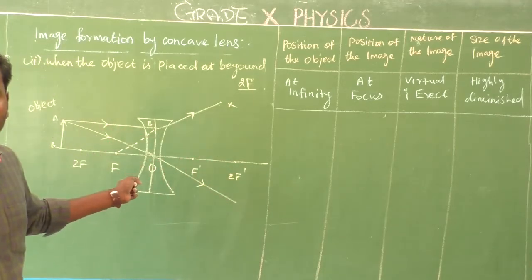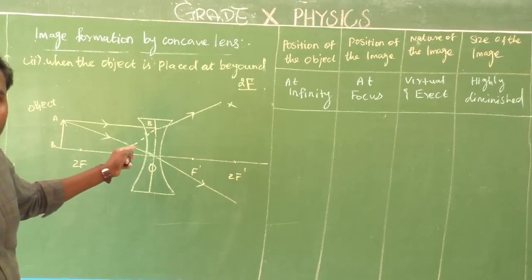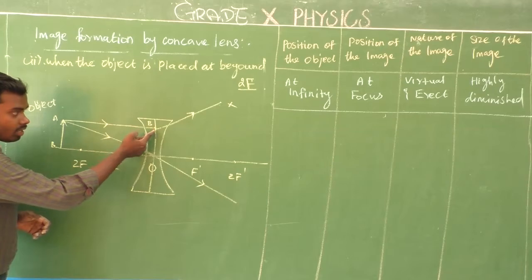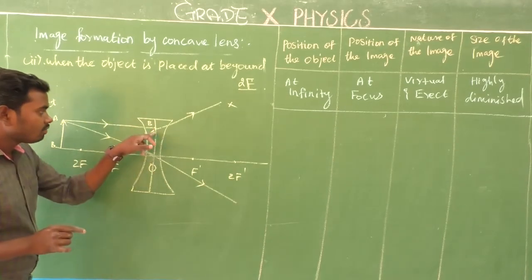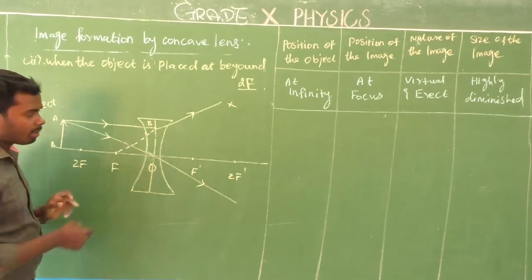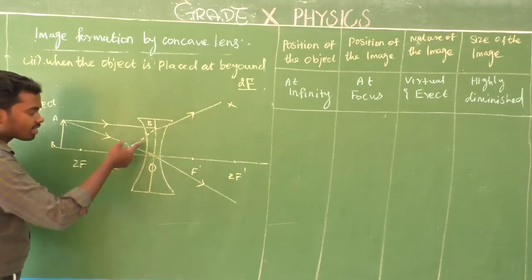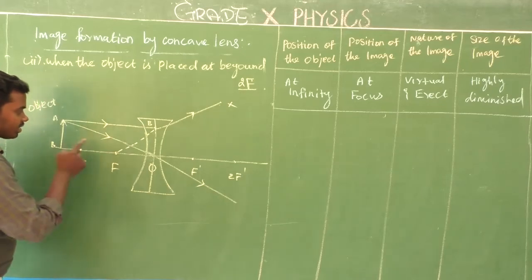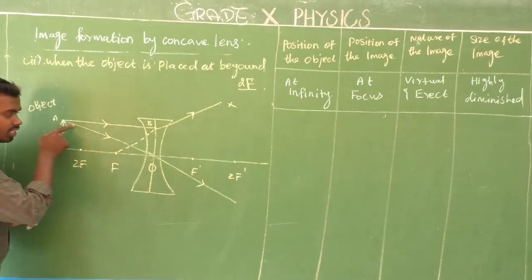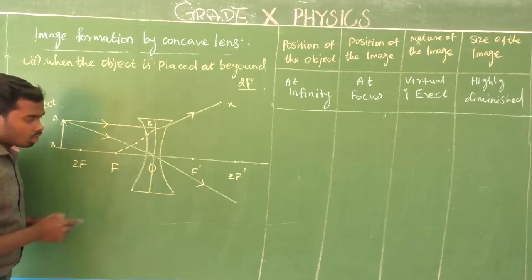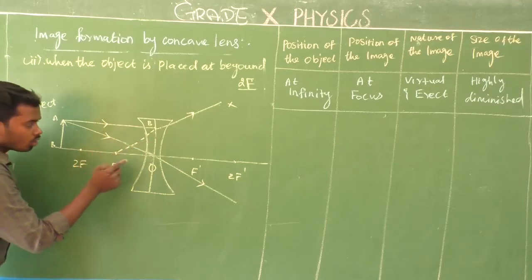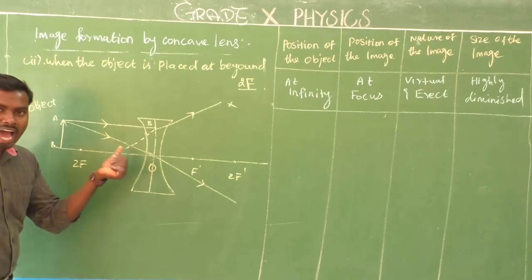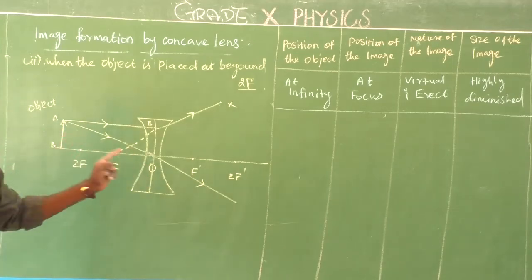I am going to ask a question here. Where will the image be formed? You tell me. Look here. This is one refracted ray. Not a real refracted ray, this is a virtual refracted ray. If we extend this refracted ray backwards, it appears to be coming from its focus. So this is a virtual line. Is it clear? Yes. Next, here is another ray of light, which goes through the optical center. When the two rays intersect together, there will be image formation. Am I right? So here, where will the image be formed?